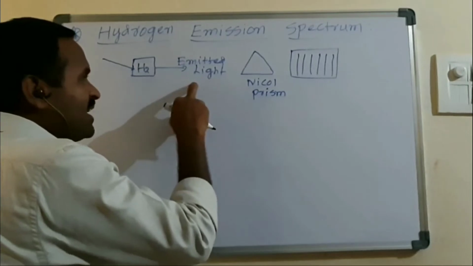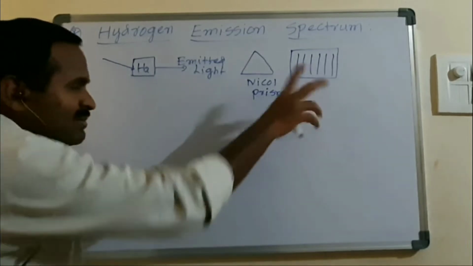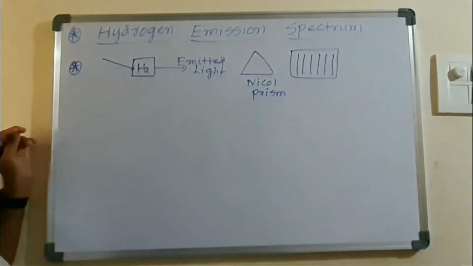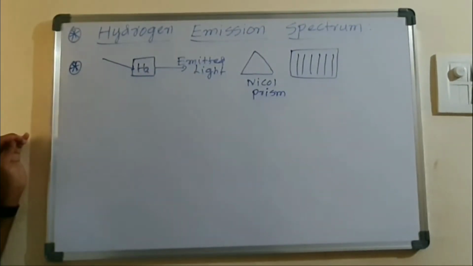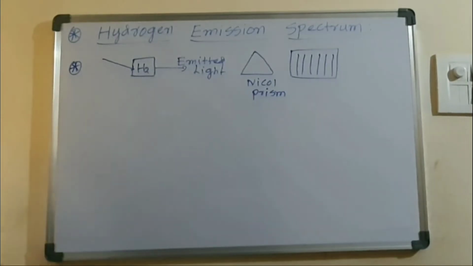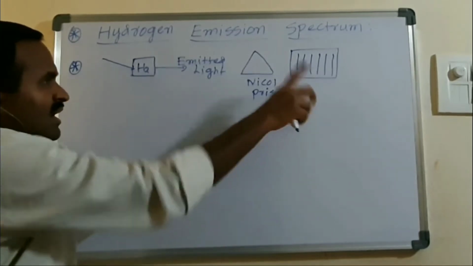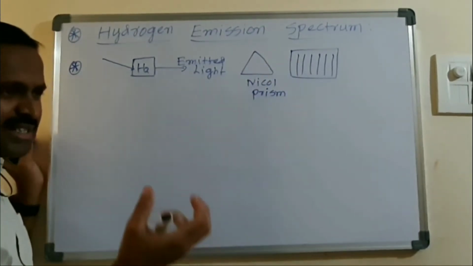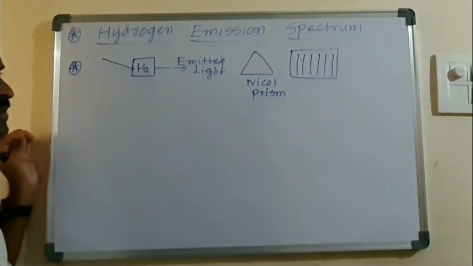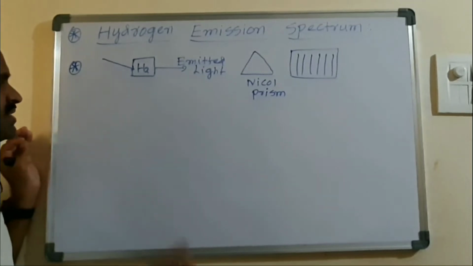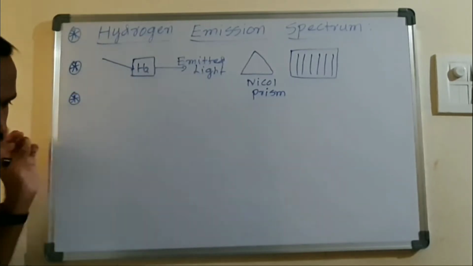So this emitted light, if it is passed through the prism, whatever spectrum is obtained is called the hydrogen emission spectrum. Why is it called an emission spectrum? Because it is recorded from the emitted light, right? This hydrogen emission spectrum is the smallest atomic spectrum, we can say, right? In hydrogen there is only one electron,